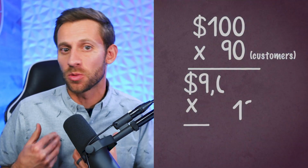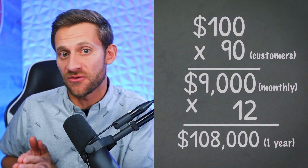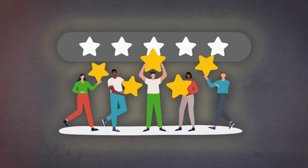So if we assume that you were white labeling a software and you were charging $100 a month, which is a very reasonable price, most businesses are willing to pay for a software, you would need about 90 customers to be able to make 6 figures a year. And these companies typically don't just up and leave a software unless they have a reason to. If the software is working, it's converting the leads into customers, right? They tend to stay with the software for as long as that's